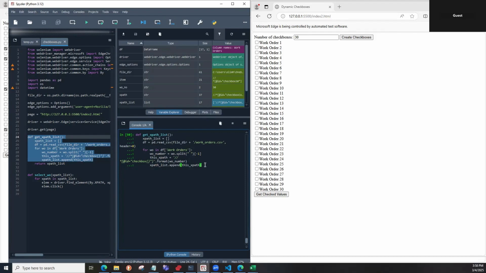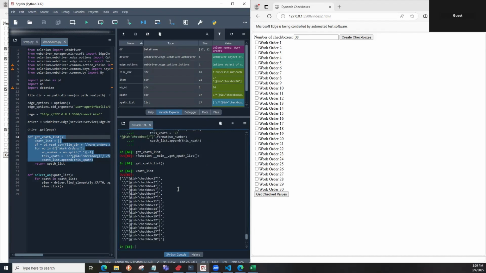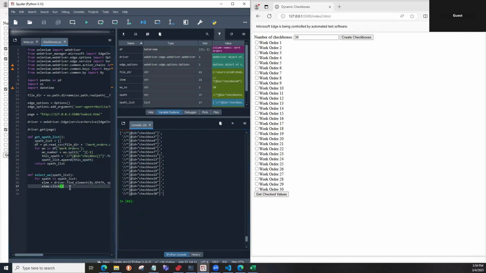So this is just a function. Now, if we call it, we should get that same 17 items. Okay, we have this list, and now this one does the selecting based on